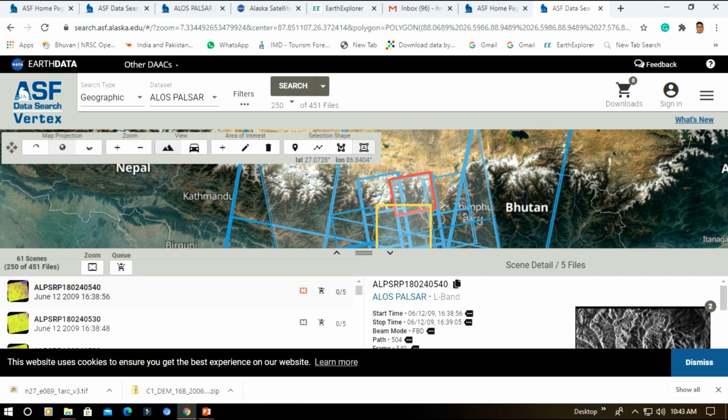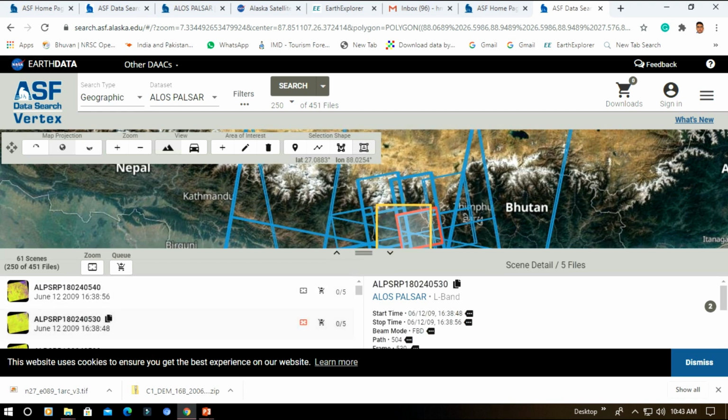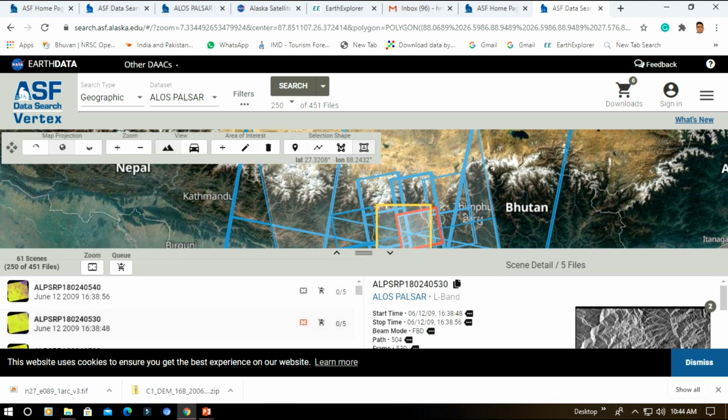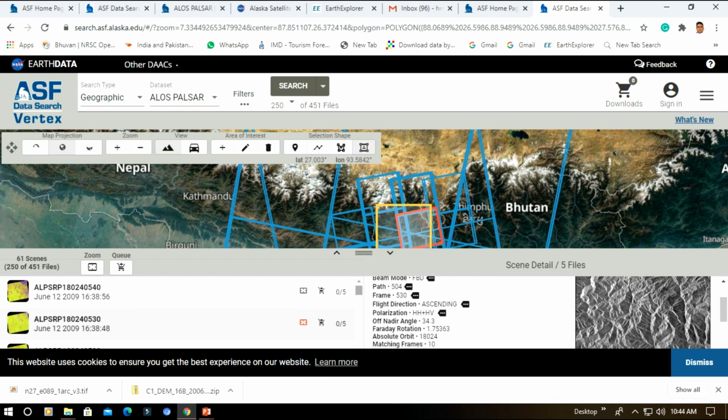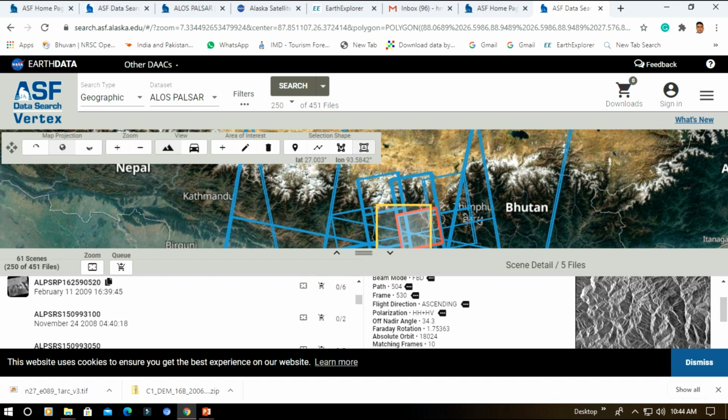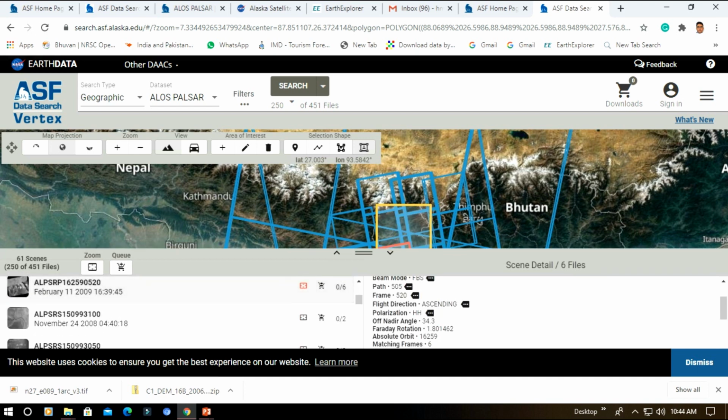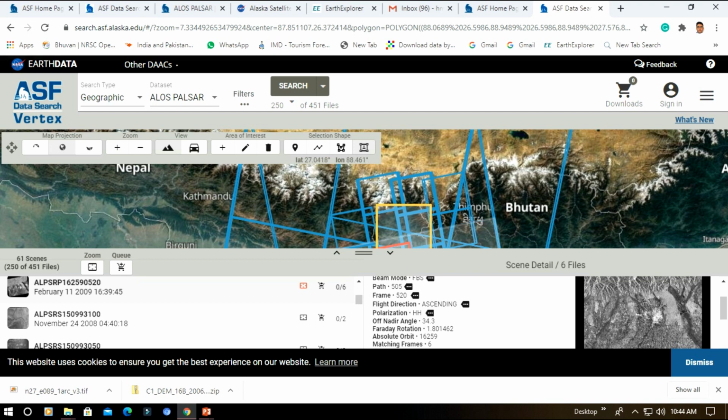Then you will see the different scenes on the map of your area of interest. Click on particular part, then you will see the selected portion scene corresponds with this, and then the red will gradually go up and down by using these. Suppose you want this portion, then click on this.